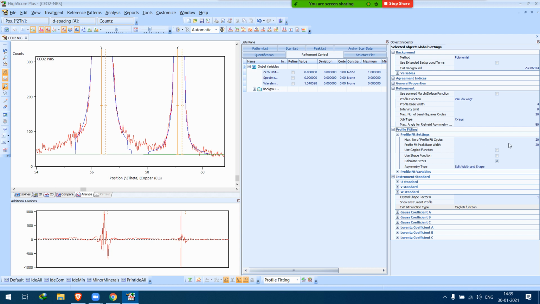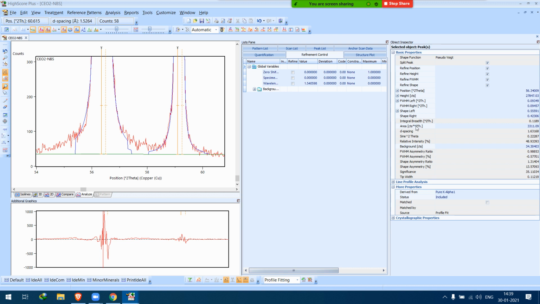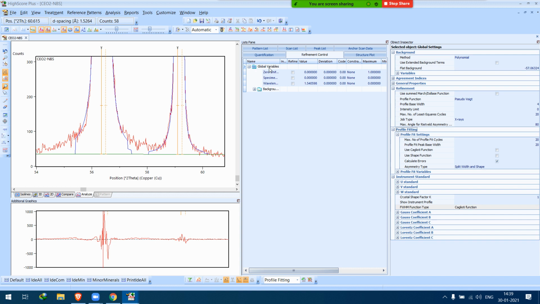So this value is actually how many times your FWHM your base should fit. Right now this quantity is around 20.